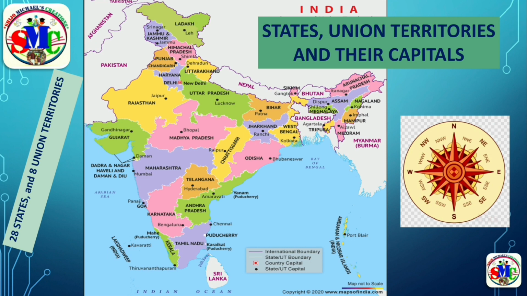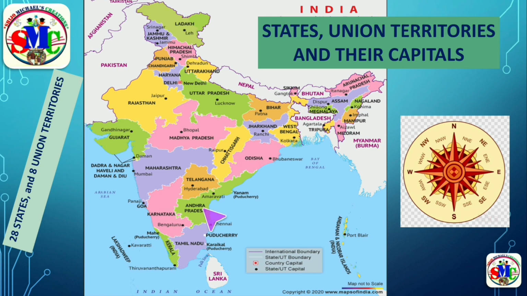Now we are going to learn about one of the most important areas of mapping skills, that of the political map of India. Being a citizen of India, we should have a little bit of knowledge about the political map of India, which has 28 states and 8 union territories. Definitely you will get a question from this one. Let us learn about the states and union territories and their capitals in alphabetical order.